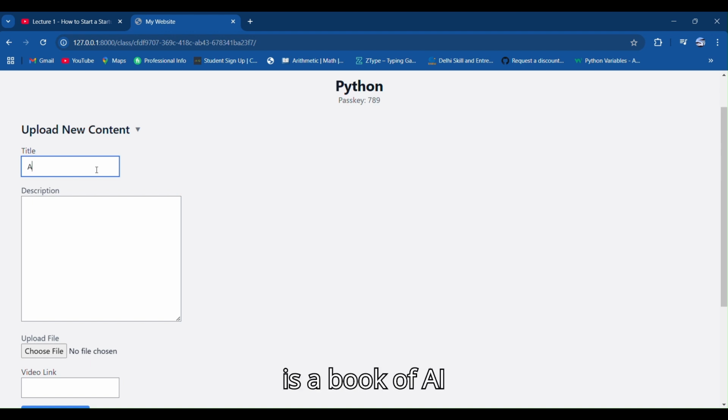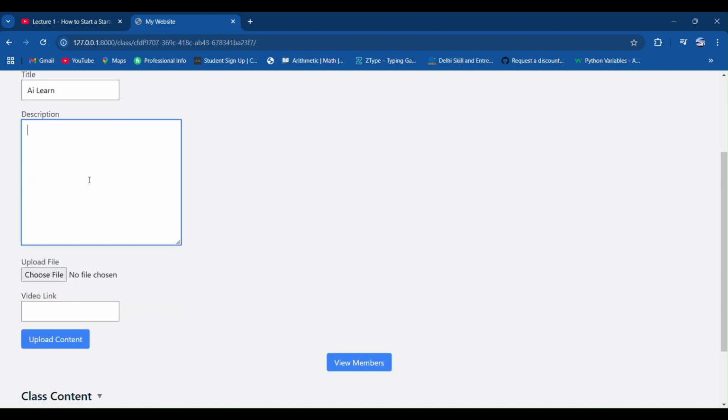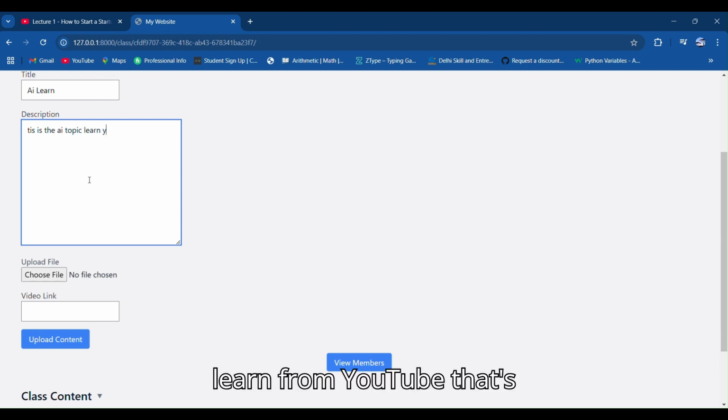Let's say this is a book of AI, learn in Python. Let's say this is the AI topic, learn from YouTube. That's funny. Okay, so